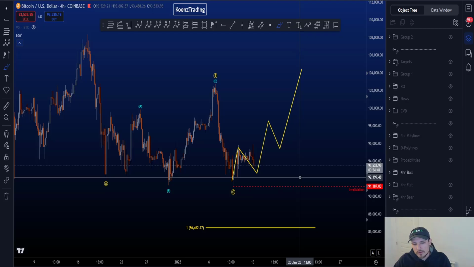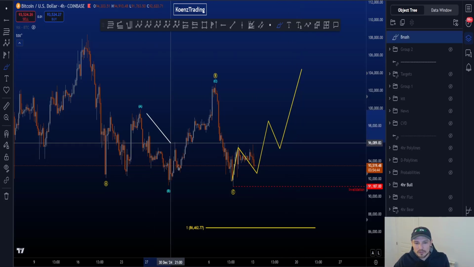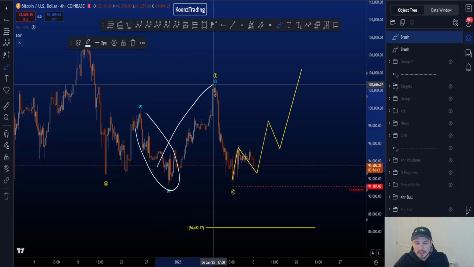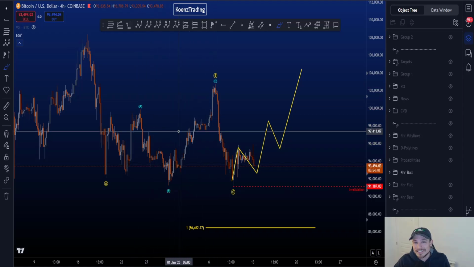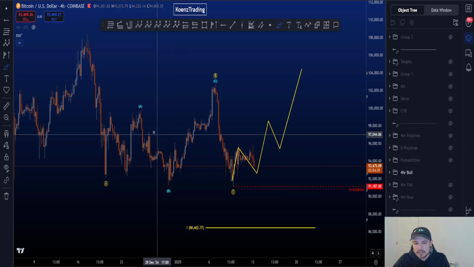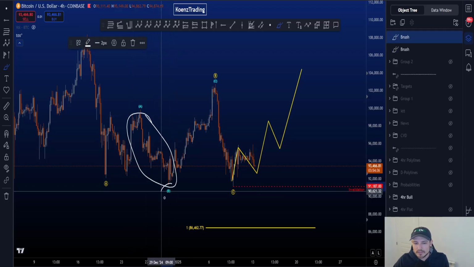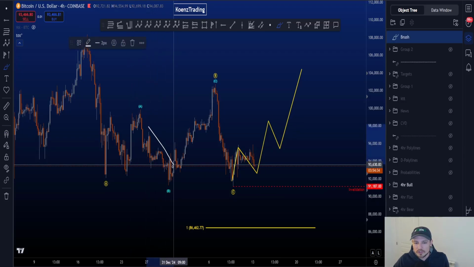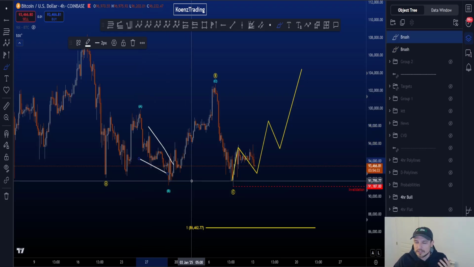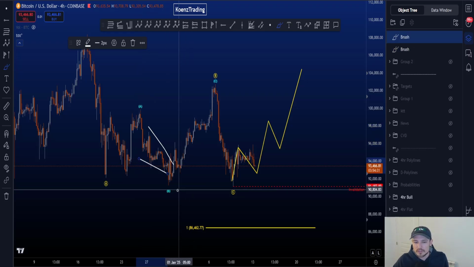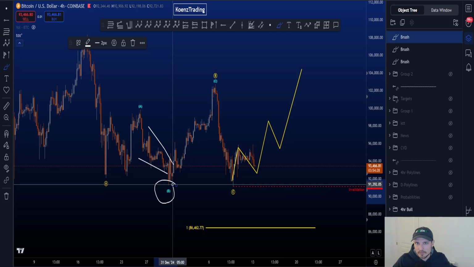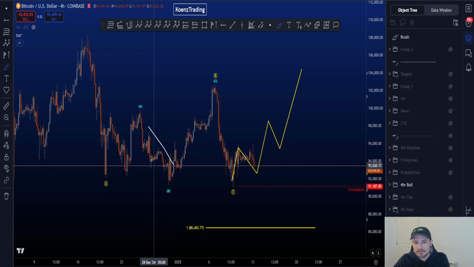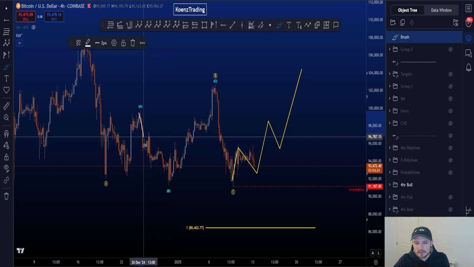Now there are a few differences compared to the bearish scenario. Most notably, this move down and this move to the upside are counted significantly different. So here, this move down is labeled as a wave B, while in the bullish scenario, it's an ending diagonal. An ending diagonal is a five-wave structure. Wave B cannot be a five-waver. It has to be a three-waver. So that means you then have to divert to a